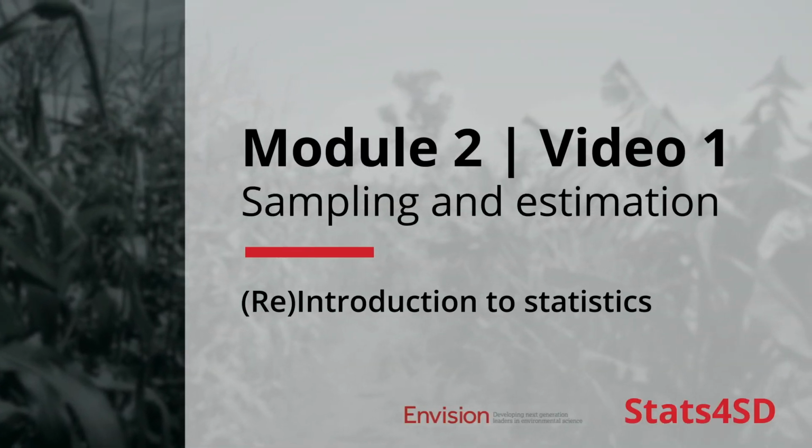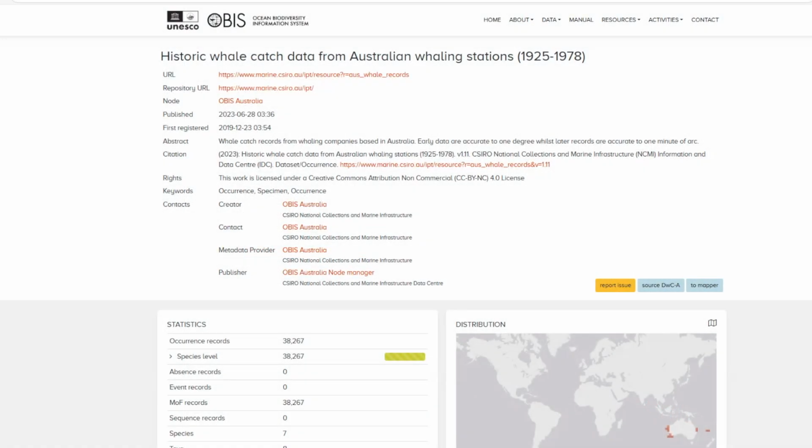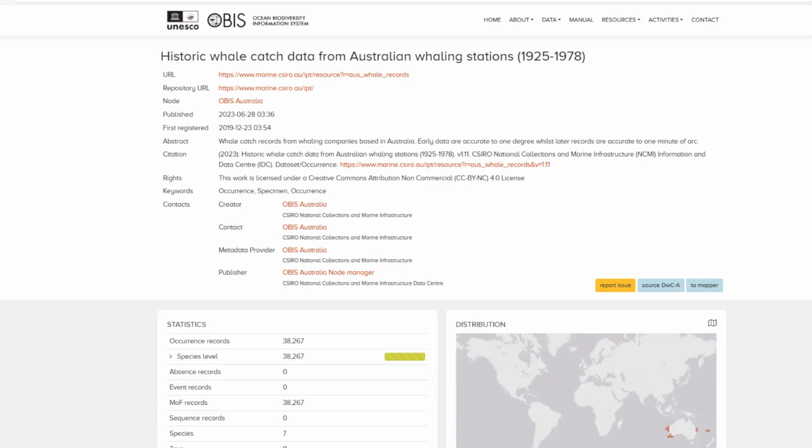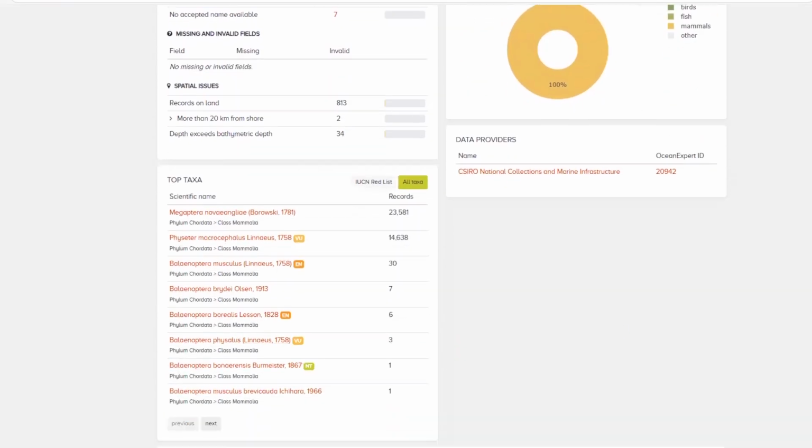In this session, we are going to use a public dataset produced by the Ocean Biodiversity Information System, OBIS. It contains the historic whale catch records from the Australian whaling stations from 1925 to 1978. It contains 38,000 plus records, but we are going to use a subset, the subset with the data that corresponds to the most common caught whale, the humpback whale, that has